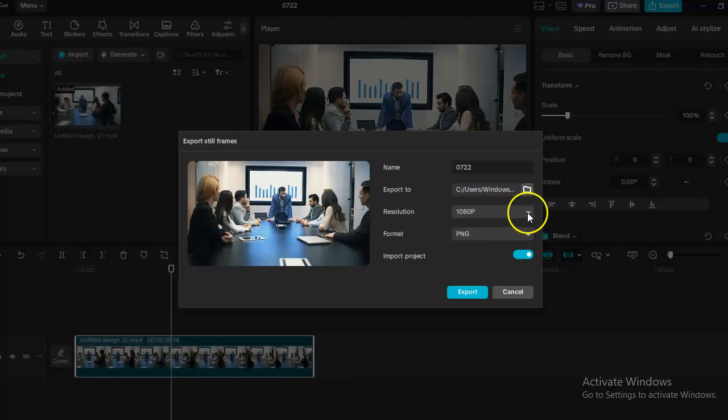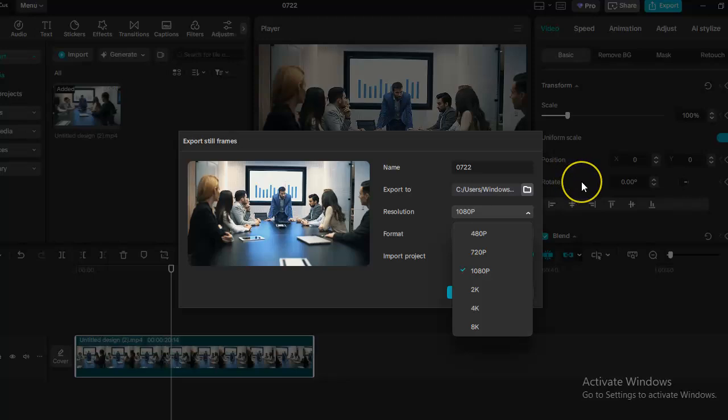And here the resolution, you have 480, 720, 1080, and for the format file, here PNG or JPEG, and import project. Just be sure it's on. After that, click export,